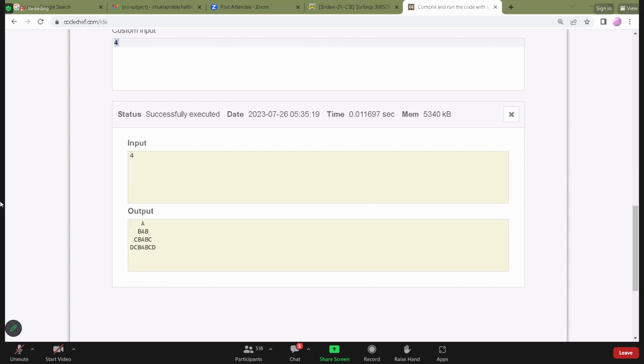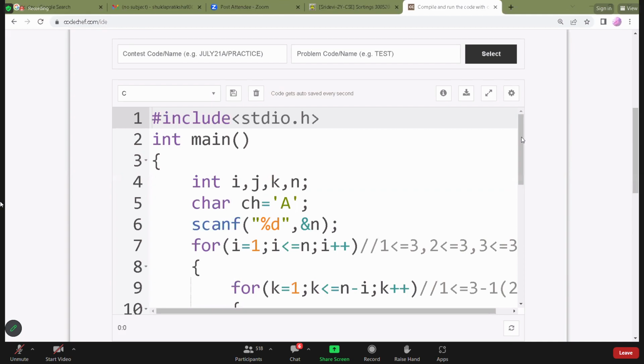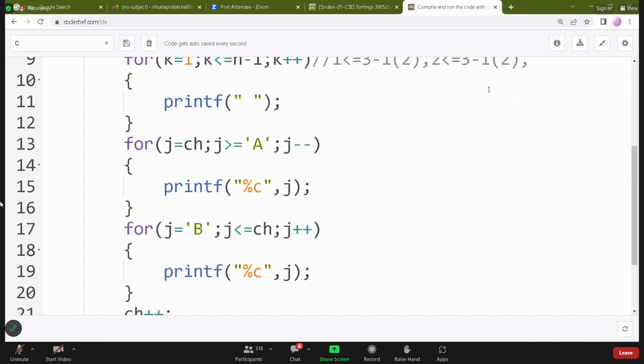It's giving the output. I shared the code now, and I expect all of you to get the code. That's not my concern. These two for loops are not